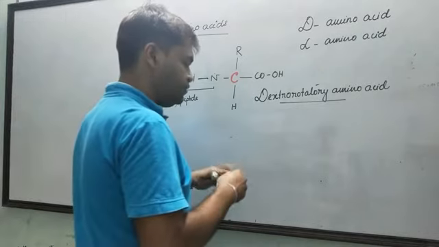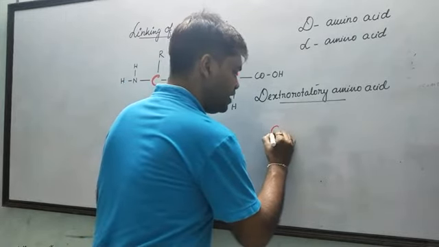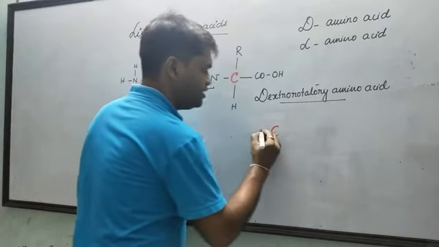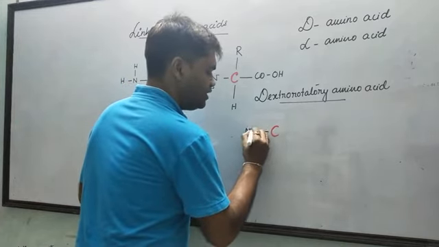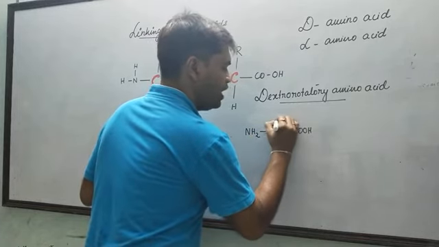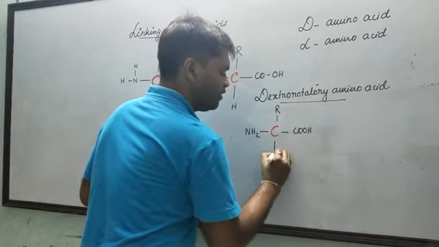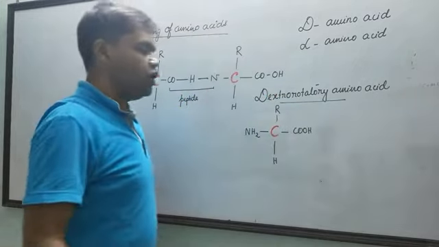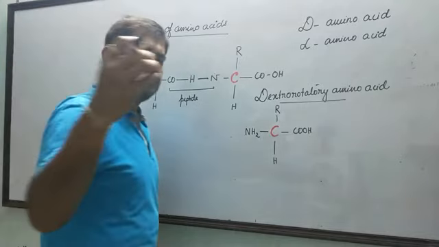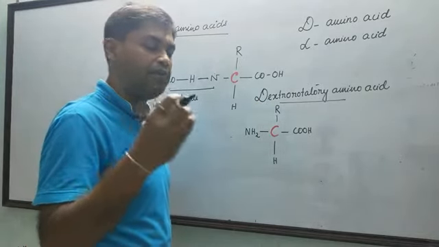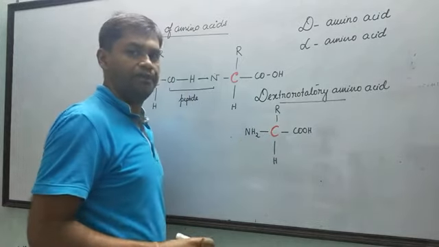The amino acid in which the amino group is situated towards the right side. Whenever a unidirectional polarized beam of light falls onto this amino acid,